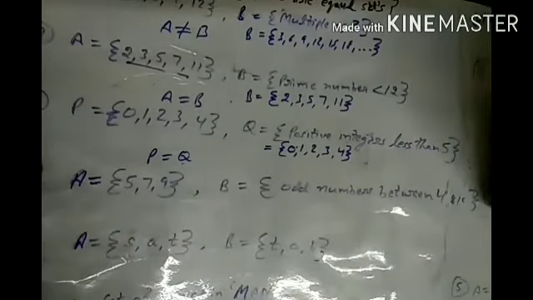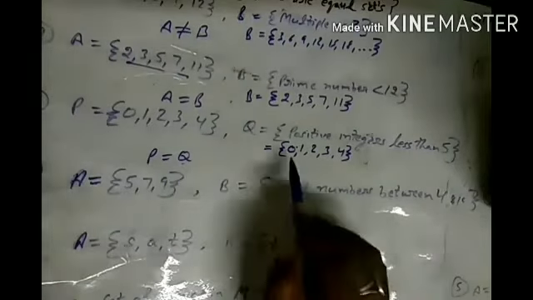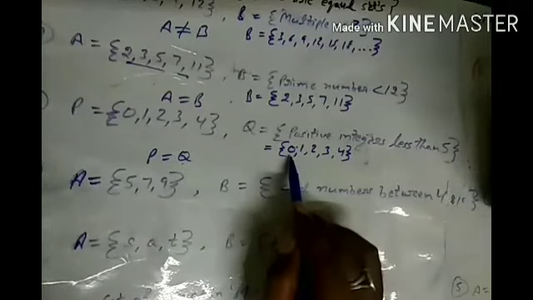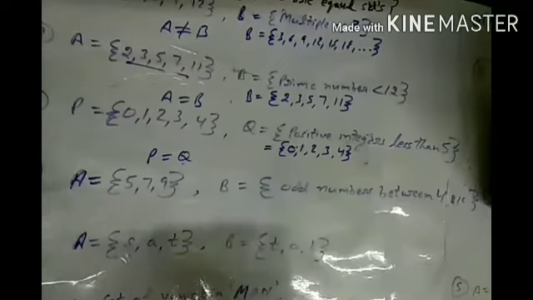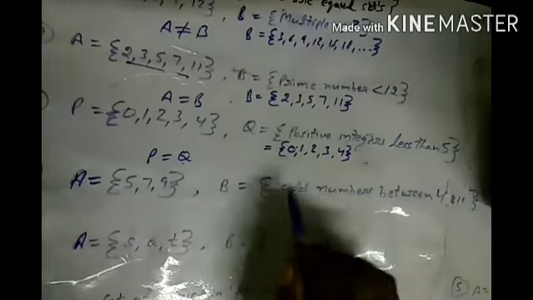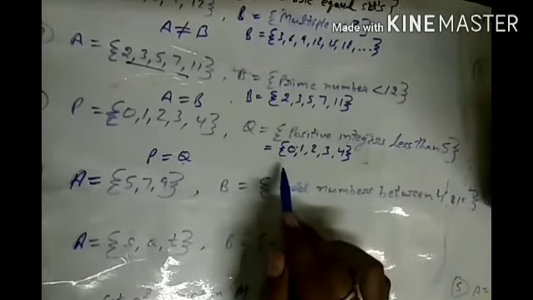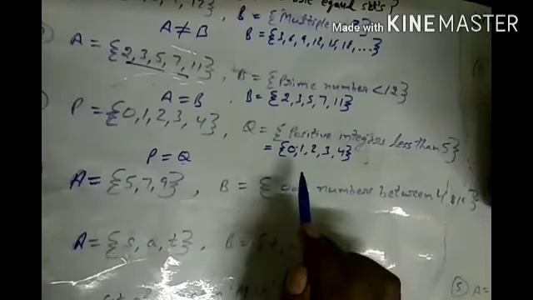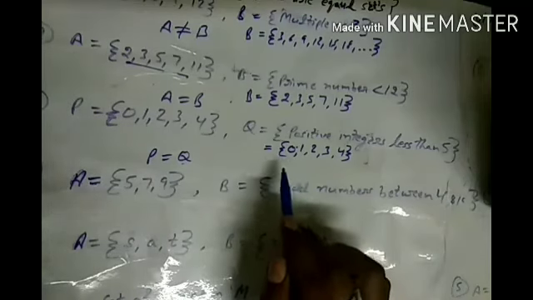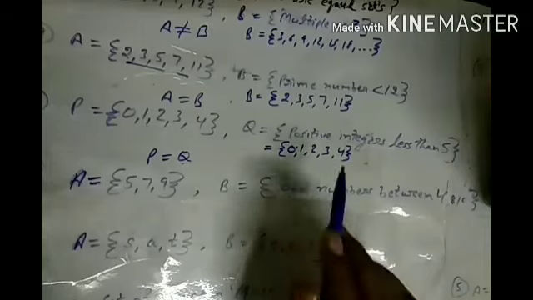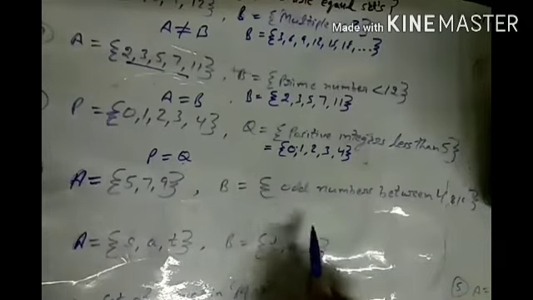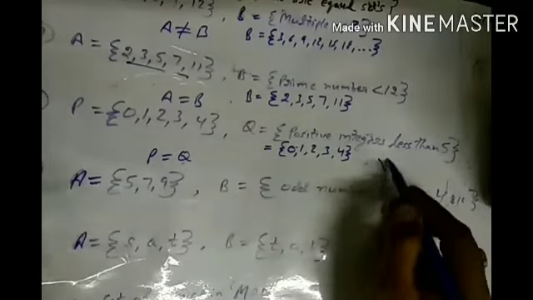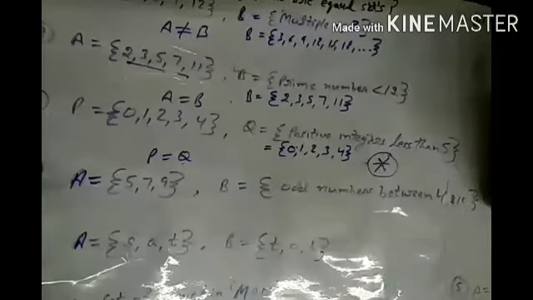Now one question arises here: if I consider 0, is it positive or negative? But we know 0 is neither positive nor negative. So the question is whether we have to write 0 here or not. This is for you to ask me and think about yourselves. Now we proceed to the fourth question after finishing this third part.